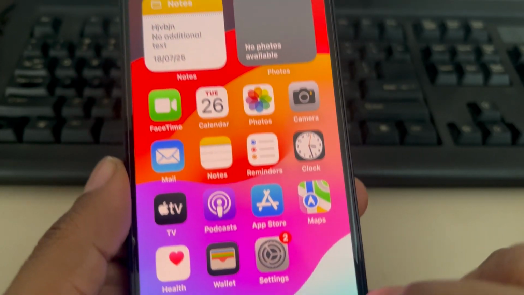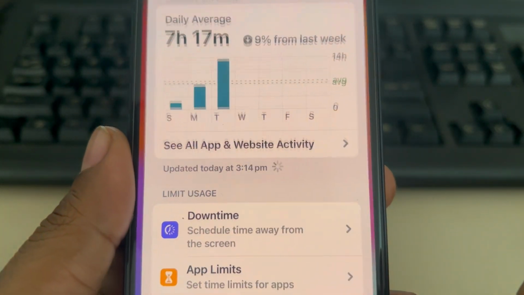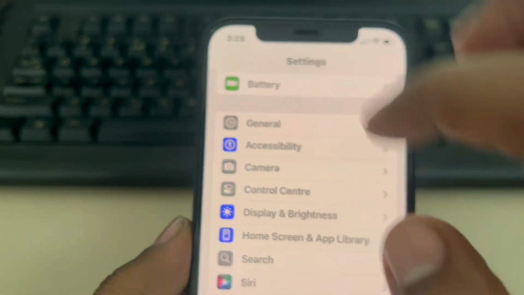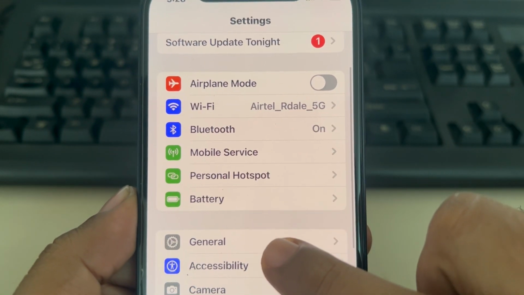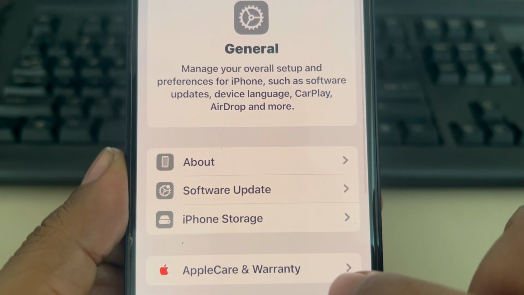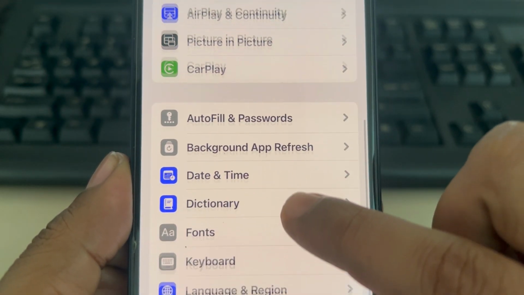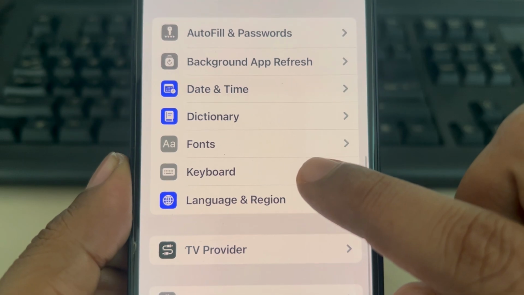So the very first fix is to go to this gear icon, Settings. Once you go to Settings home page like this, tap on General and scroll down and find Keyboard. Here it is, tap on Keyboard,